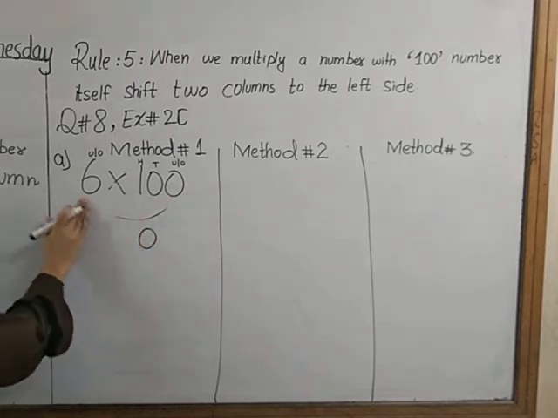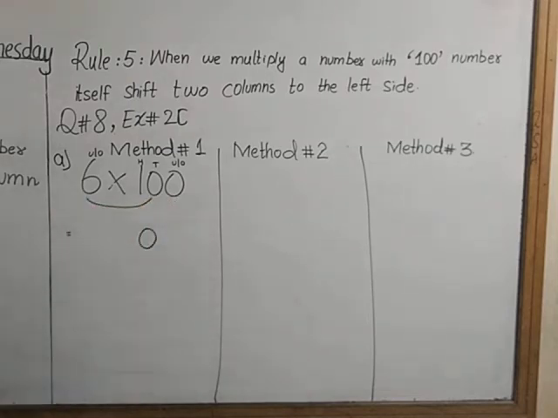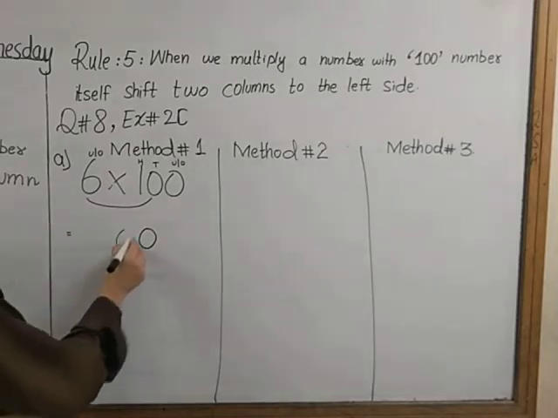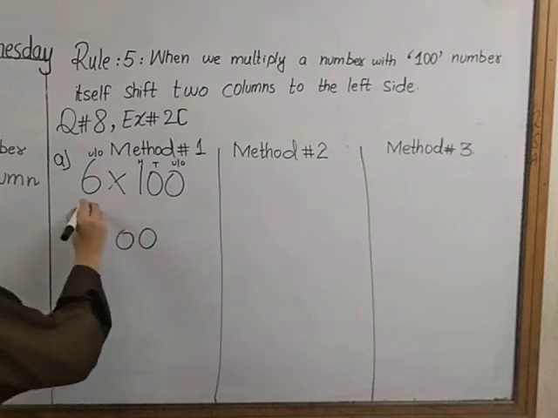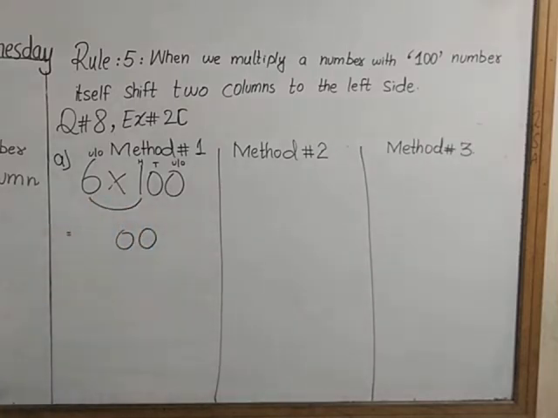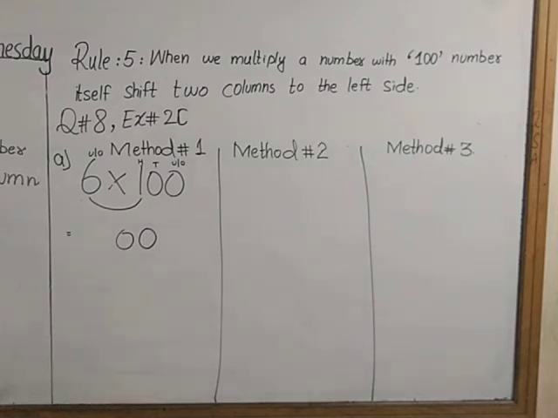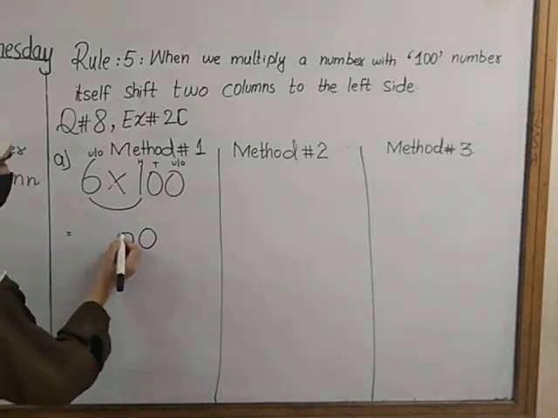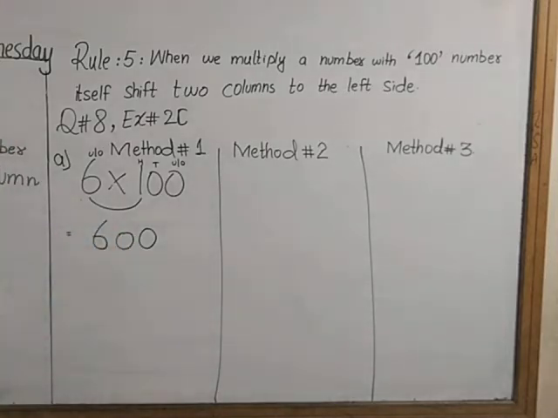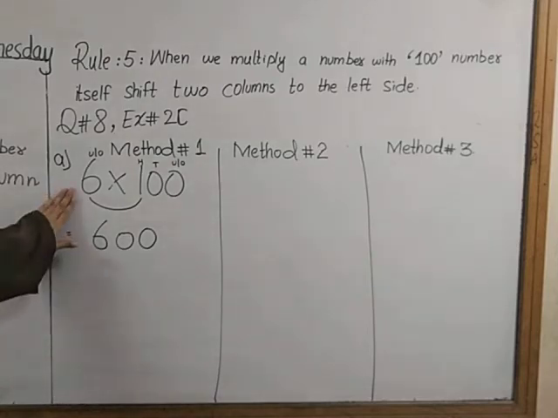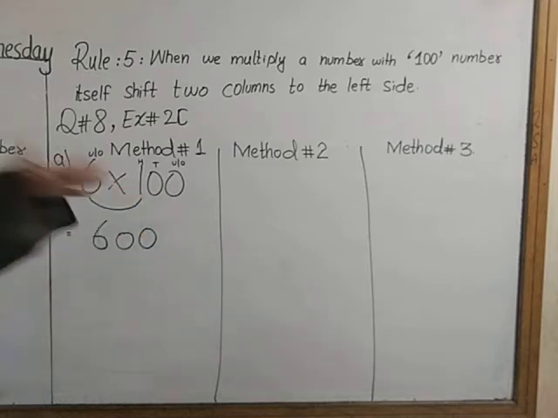Now multiply 6 with the 10's place value number. 6 zeros are 0. 6 ones are 6. Now we have a 3-digit number: first is 0, second is 0 and third is 1. Multiply 6 with the 3-digit number. 6 multiplied by 1 is equal to 6. Now method number 1 is so simple. Just multiply the 6 with the first 0, second 0 and third 1.